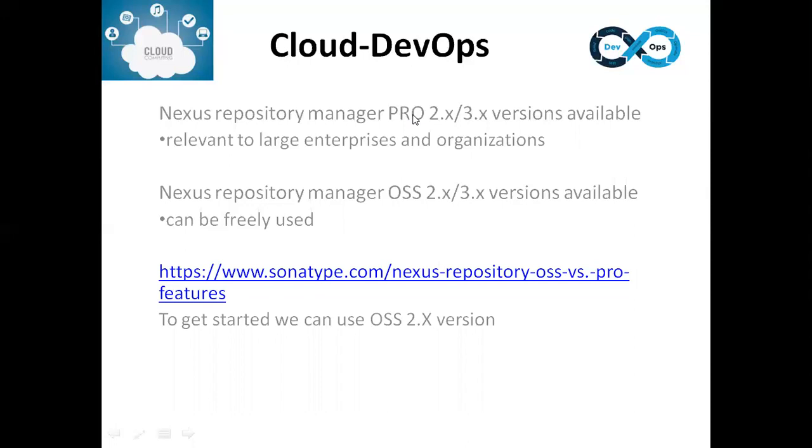Professional needs a license and is relevant for larger enterprises and organizations. OSS can be freely used by you and me and everyone, with some limited functionality only. To get started, we will start with the OSS 2.x version. Once you are familiar with this, it's not a big headache to start with other versions.